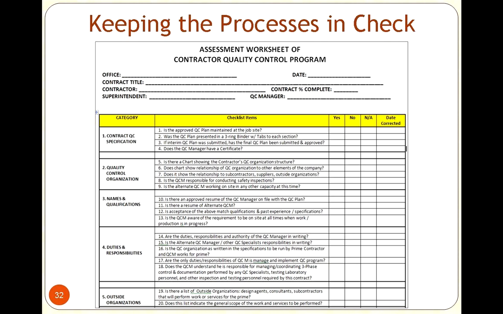And the other thing we would do is a spot check. Every once in a while, we would just see if our program was working. Were we staying with the contract? Did they have a copy at the site that they could refer back to? Not just the contract, but the plan of the contract, how we were going to enforce the scope of work and the definable features of work.